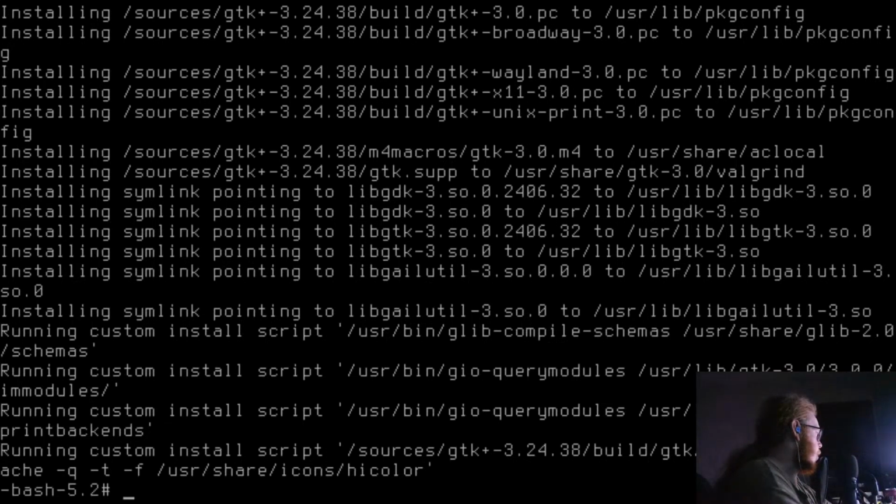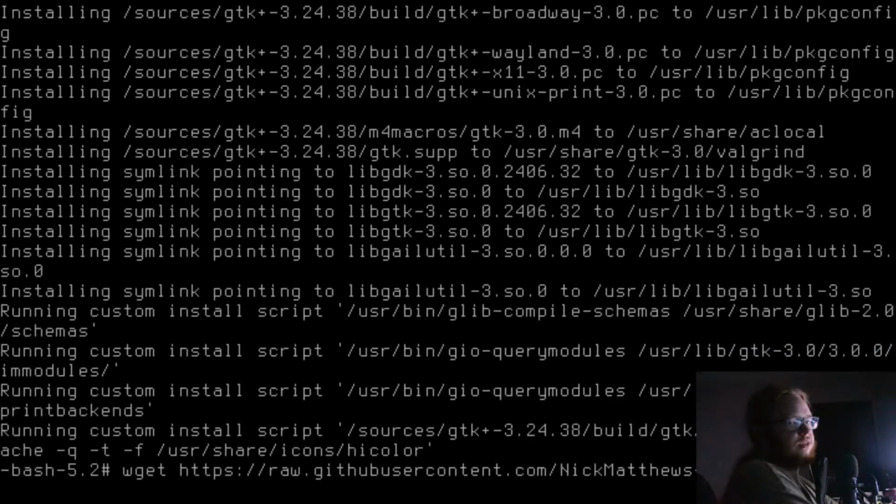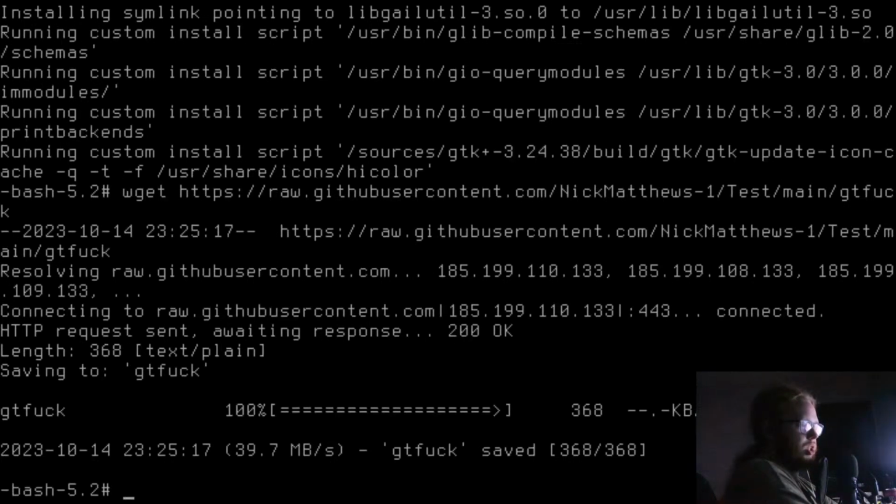So what I'm going to do is wget https://raw.githubusercontent.com/su/1/test/main/gt fuck. chmod +x gt fuck.